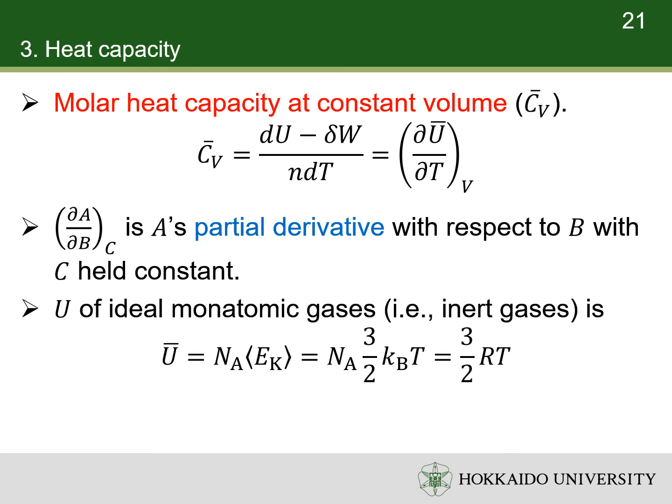For example, the internal energy of a monatomic ideal gas is the kinetic energy of the translation of atoms, which is already calculated using the kinetic theory of gases. Thus, we can easily find the CV of monatomic ideal gases. This value is independent of the type of the gas.